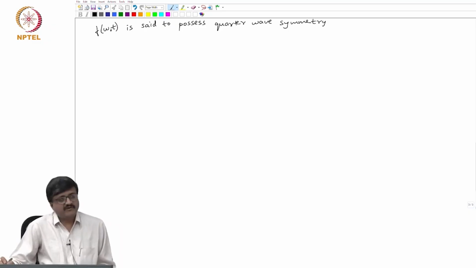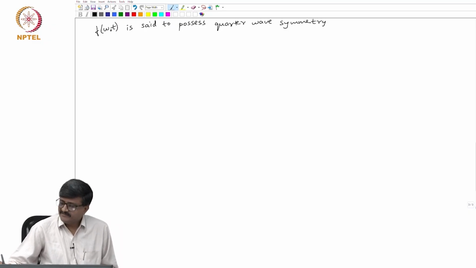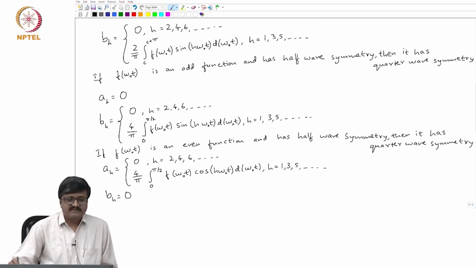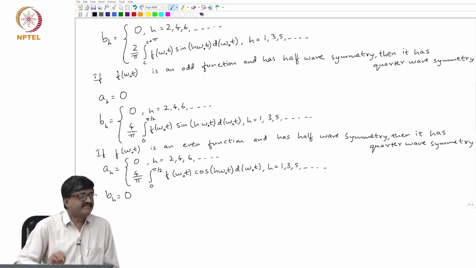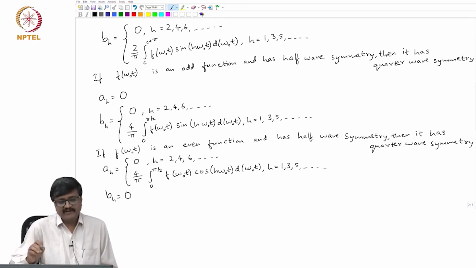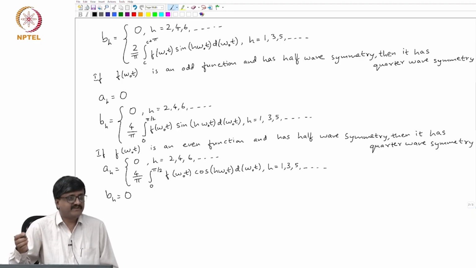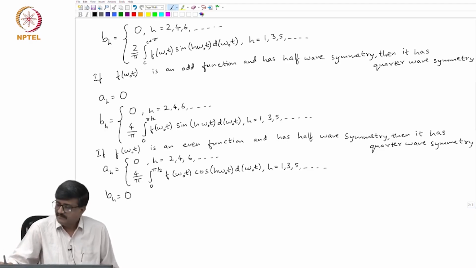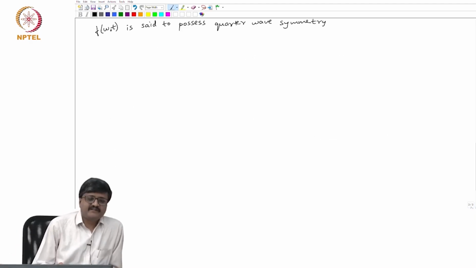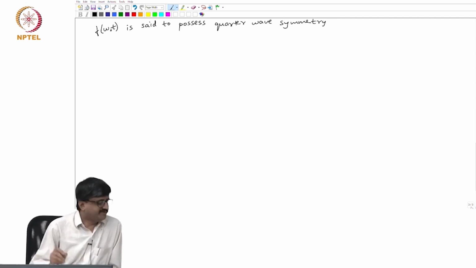Please note that in the previous two special cases, in both cases I have said half wave symmetry, but in one case it is odd, another case is even. But the point I am trying to make is a quarter wave symmetry waveform can be neither odd nor even, but still have quarter wave symmetry. But invariably it will have half wave symmetry. So, by definition, f of omega o t is said to possess quarter wave symmetry if